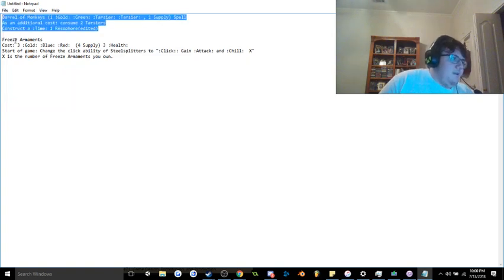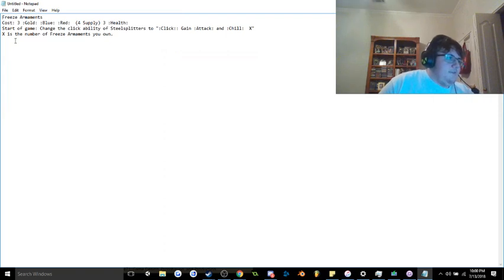Nevertheless, I unfortunately probably am going to give it the delete. And finally, we have Freeze Armaments. Cost of 3 gold, blue, red, and 3 health. Start the game. Change click ability of Steel Splitters. Wait, to gain...